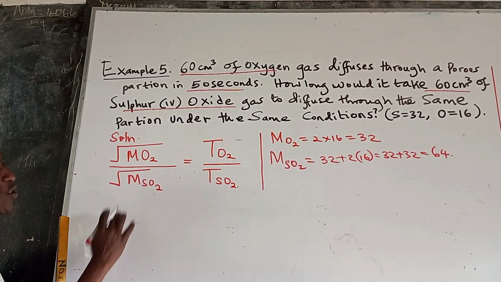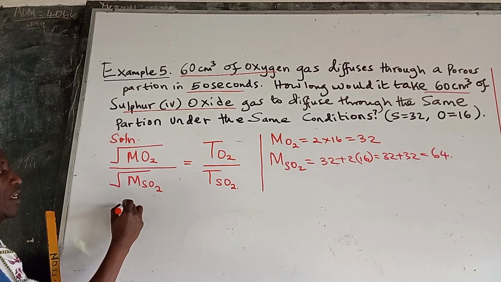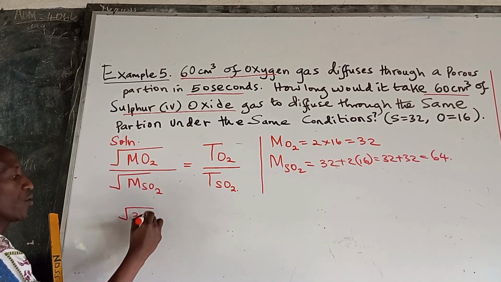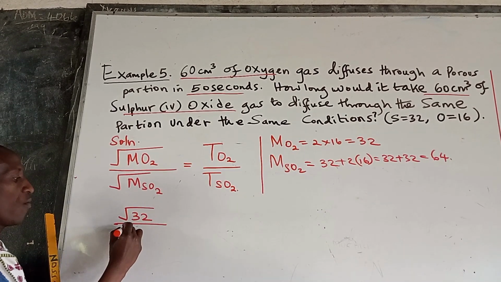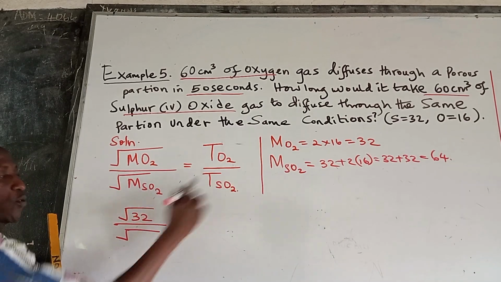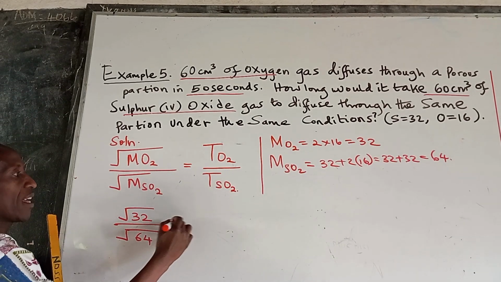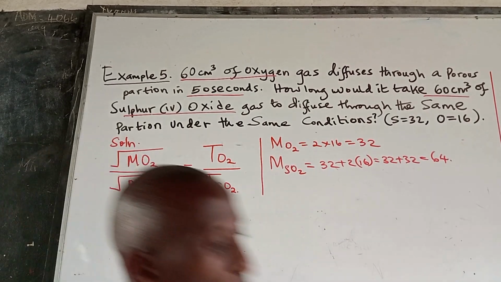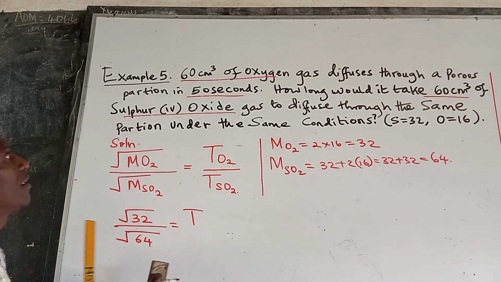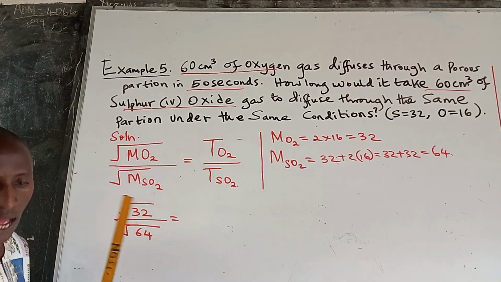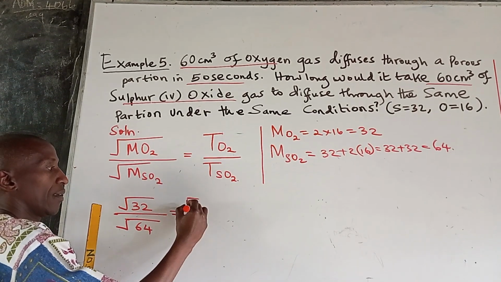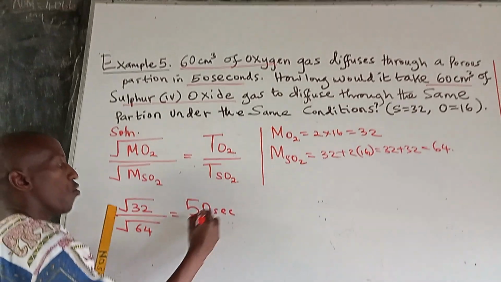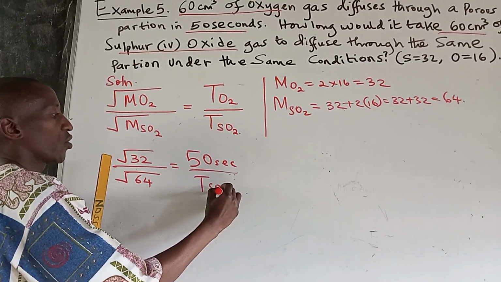We can do the substitution. Molecular mass of oxygen is 32, so square root of 32, all over square root of molecular mass of SO2 which is 64, and that gives us the time for oxygen. We have been given the time for oxygen as 50 seconds,